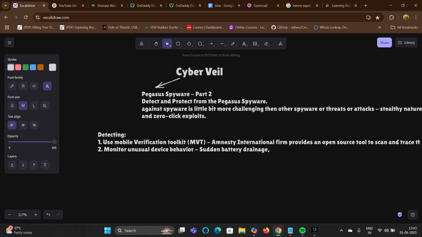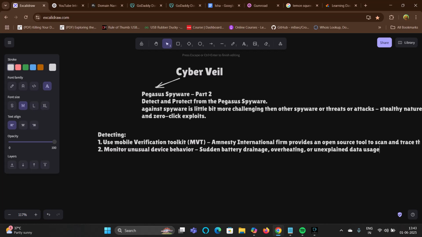Then, moving on further, you can check for overheating. If your system is overheating very much, and if you are charging and your phone is overheating, then also you can get to know about it. Another thing could be unexplained data usage.